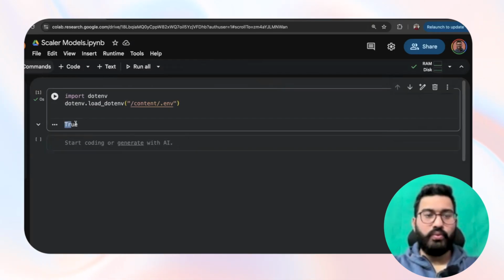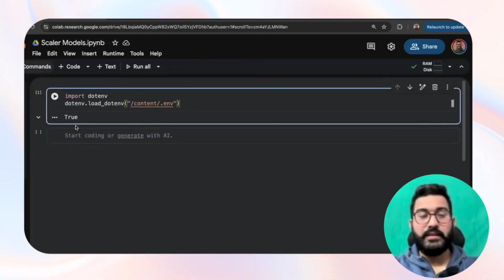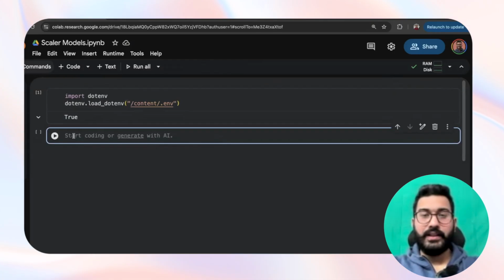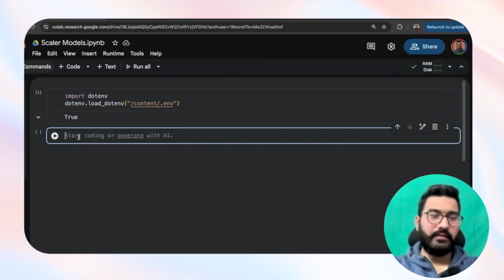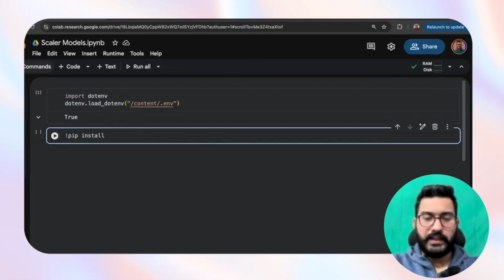I should get a true. So when it says true, that means my API keys are loaded in my current session. Now I need some packages. So pip install -q, which basically means I want to quietly install LangChain